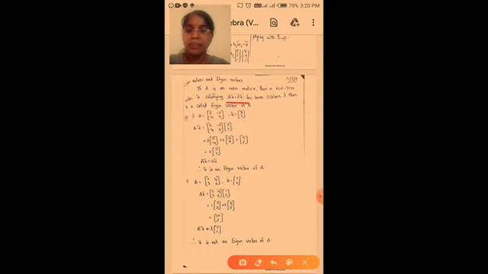Okay, so first example problem, A is equal to 5, minus 3, minus 4, 9, and u bar is equal to 3, 2. Okay, so we have to check the condition A x bar is equal to lambda x bar. So x bar here is u bar. So see here A into u bar is equal to A, here A is 5, minus 3, minus 4, 9, and u bar here is 3, 2. So multiply these two matrices. So 3 into first column 5, minus 4, and 2 into second column minus 3, 9, that is equal to 15 minus 6, that is 9, minus 12 plus 18, so 6. So we have to take 3 outside, so 3, 2.